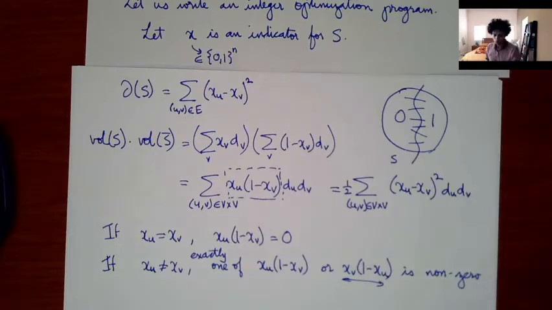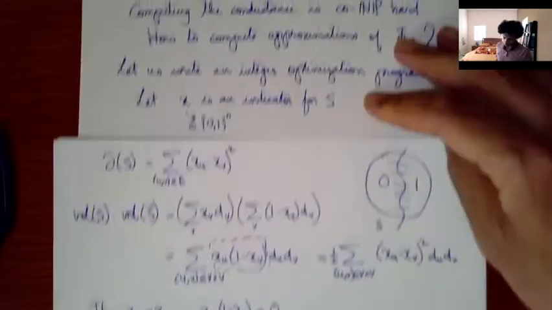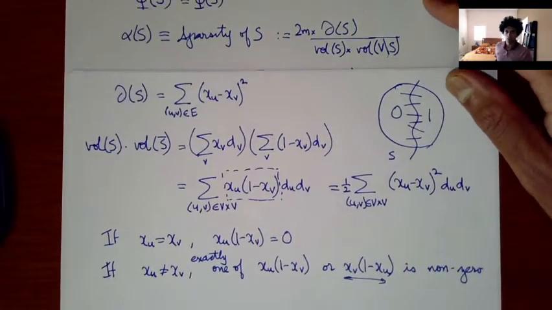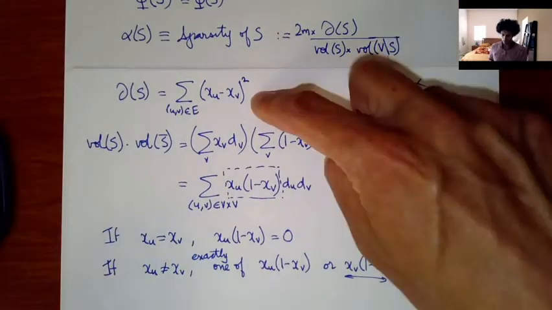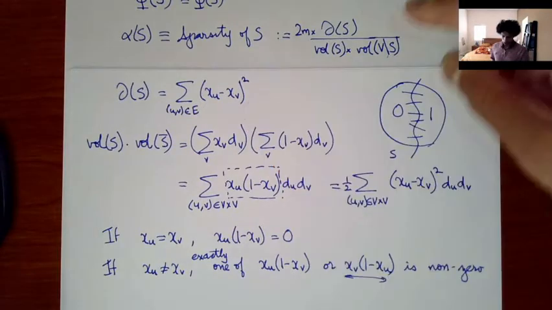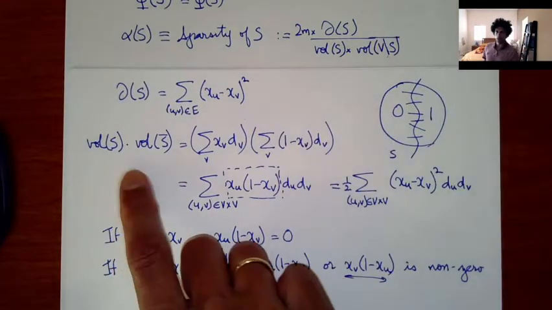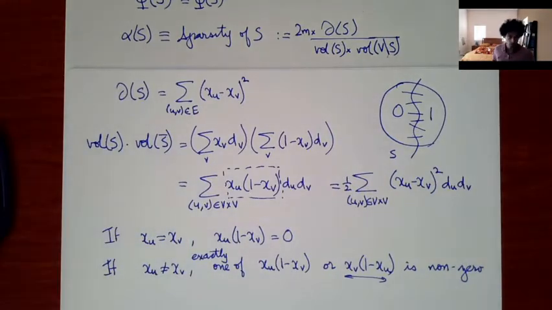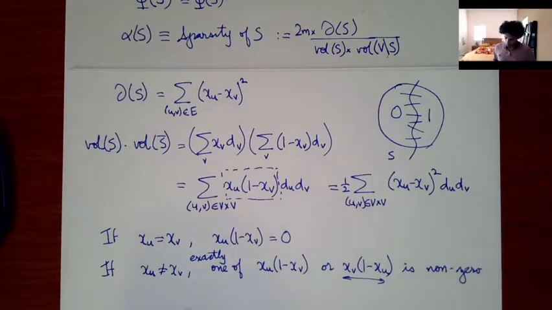Okay. So let's go back to the sparsity definition here. So remember we said the sparsity del S is going to be the numerator. The denominator is going to be the volume of S times the volume of the complement. This is where taking the product of the volumes was more convenient than the min. But you could use the min and apply some similar argument here. So if we take this